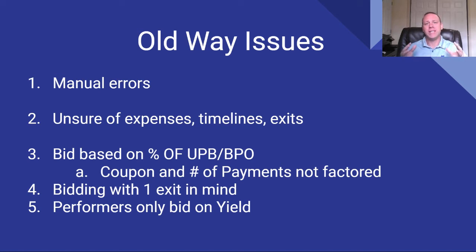Bidding with one exit in mind. The old method was, hey, it's performing, I'm going to bid it as a performer. Which leads to the next point. Most of the time when bidding based on performing, it's based on yield, which, if you understand yield, could be a 20-year period of time, right? You have to understand that there are other exits that could happen. A performer can go non-performing. And if it does, where are you at? Now you can ignore that exit, but being aware of it is important